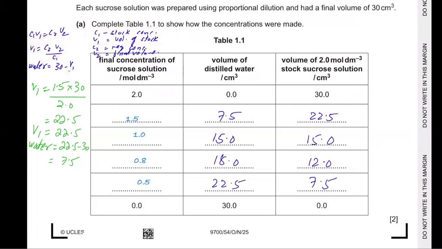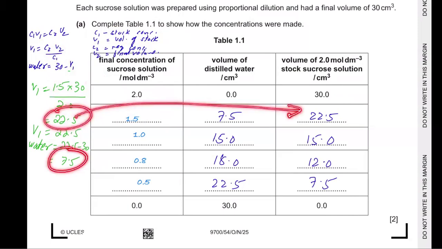For example, I want to calculate V1 for 1.5. This is the concentration that I want to achieve, so I place 1.5 as the value of C2, and V2 is 30. This stays constant. 30 is always constant. So I multiply 1.5 by 30 and divide by the stock concentration, which is 2. I'll get the answer 22.5. So I need to add 22.5 of sucrose solution, and to this I need to add 7.5 of distilled water